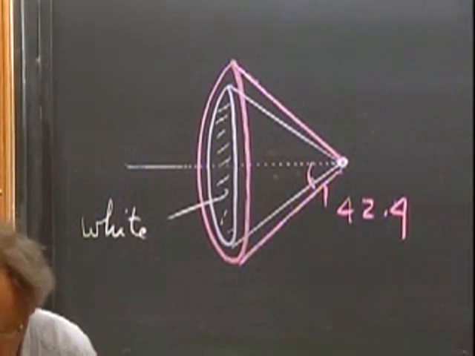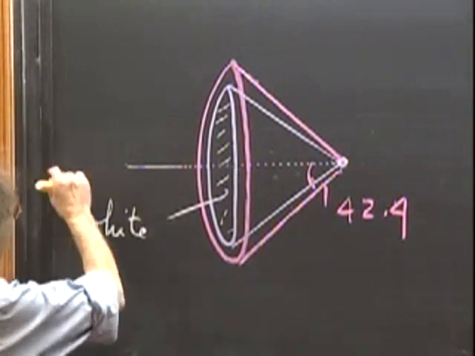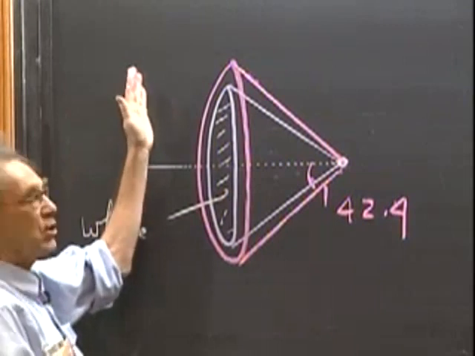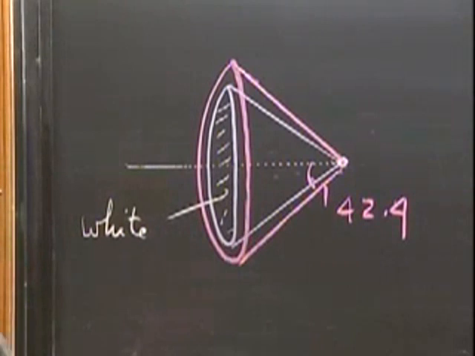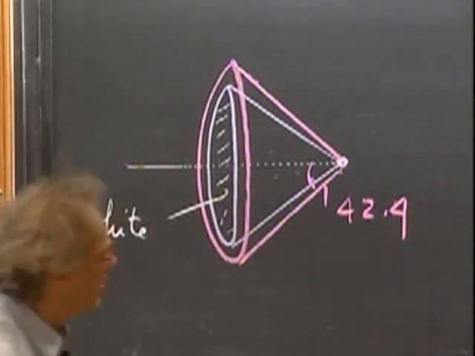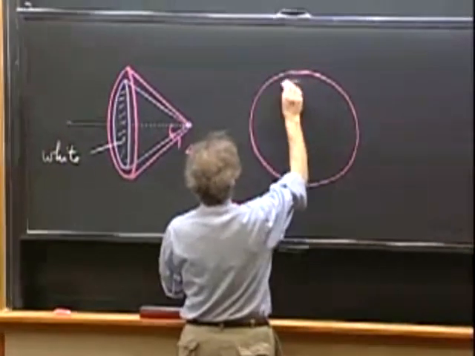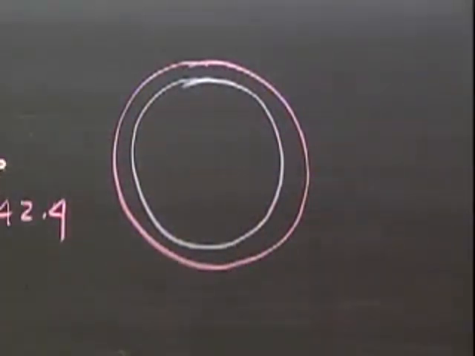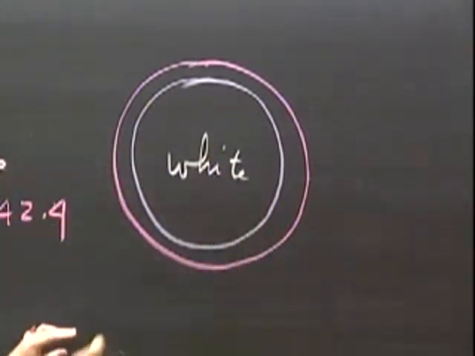Keep that in mind. So suppose I had a screen here, and I had a small opening through the screen so that the sunlight can fall through, and I project on that screen, I intersect this cone with that screen. What you would see then is the following. You would see a circle on the outside, which is red, and then you would see all the other colors that follow, and then the last color is the violet, blue-violet. The inside would be white light, and the outside, there would be no light.